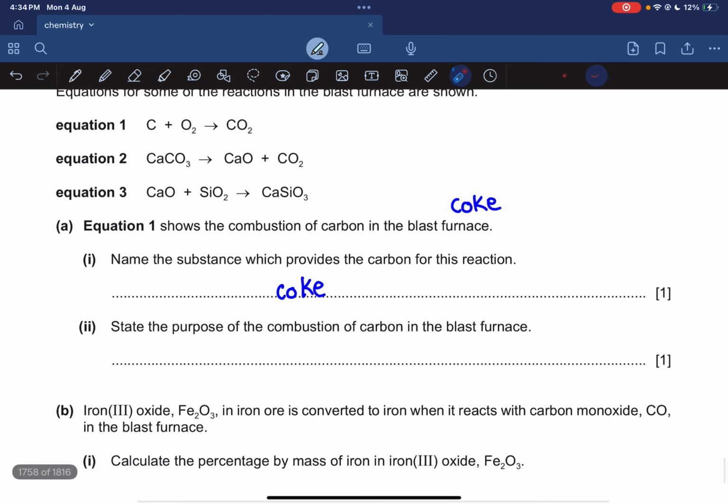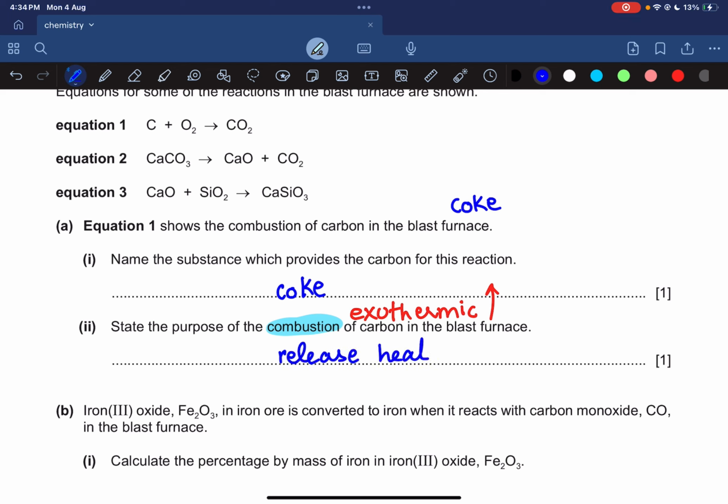State the purpose of the combustion of carbon in the blast furnace. You should be proficient with this: combustion is which kind of reaction? That's very common, combustion is an exothermic reaction, and we all know that exothermic reactions release heat. So a combustion reaction would release heat. So the purpose of the combustion of carbon in the blast furnace is to release heat,